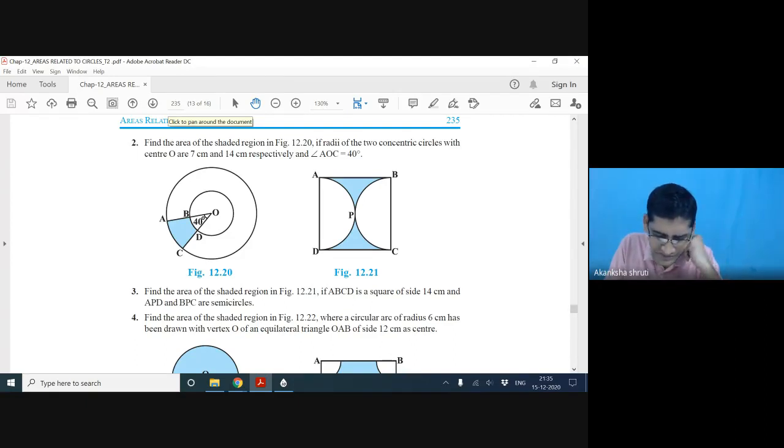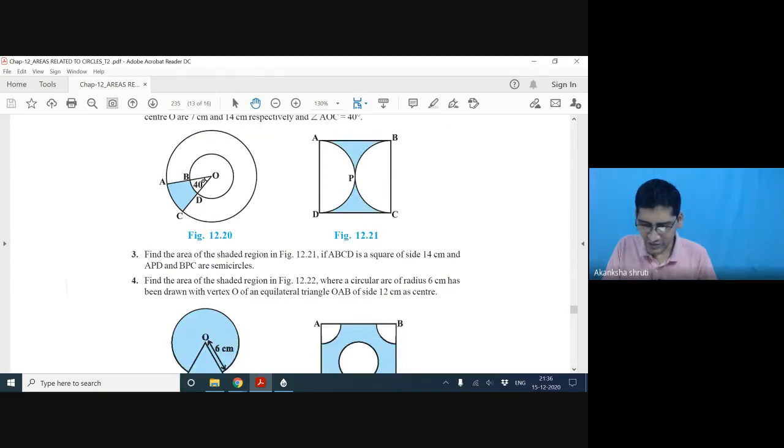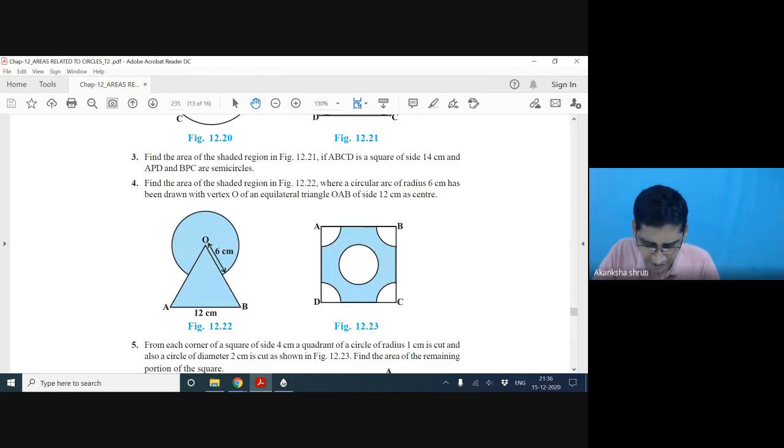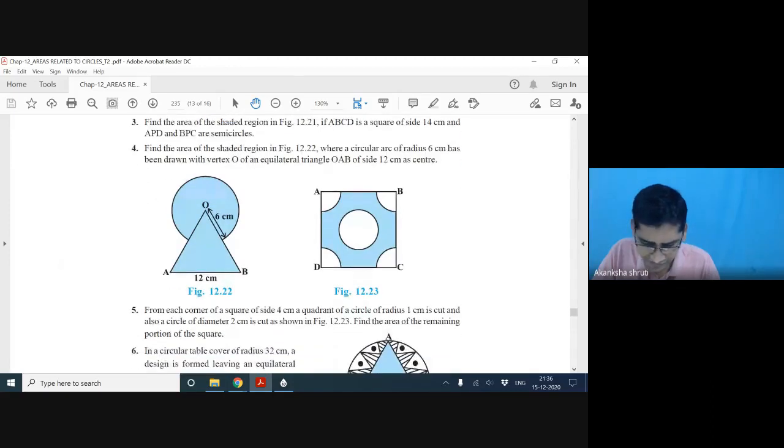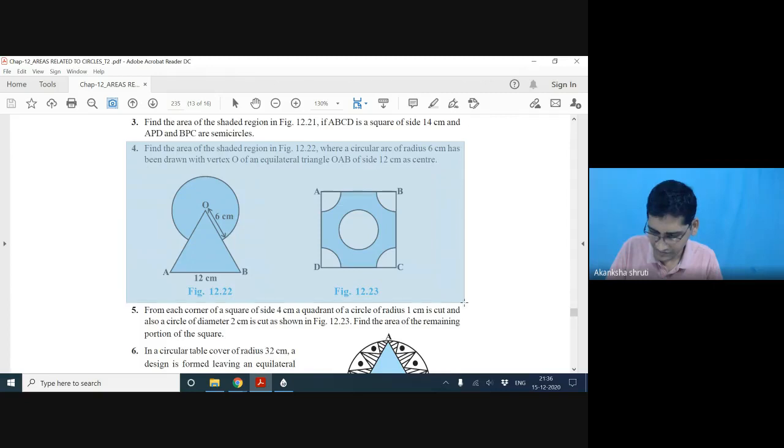Now coming to this 12.20, student, I have just explained the concept. You have to take the sector, means the bigger sector with the bigger radius, minus the inner one. So these 2 and 3 are very easy. Hope you people will do it. Now let me come to question number 4. It is regarding this 12.22. Okay, let me take this. We will analyze these two together.